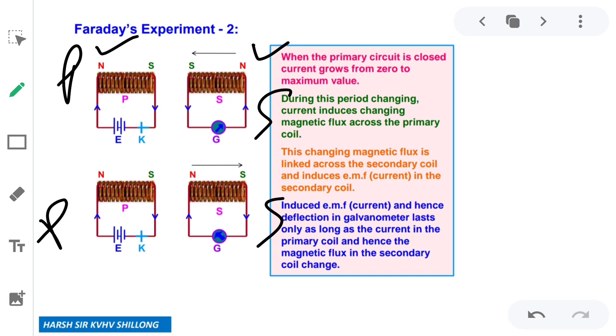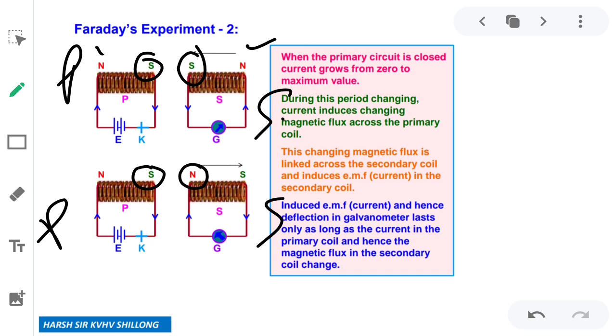When the coil is moved towards, in the first case, this one, when the coil is moved towards, the same pole is formed. Similar observations as in case 1, or experiment 1. When the coil was moved away, the opposite pole was formed. North pole was induced because we were taking it away from the south pole. Again, directions are there, but the main thing is that we are moving it.